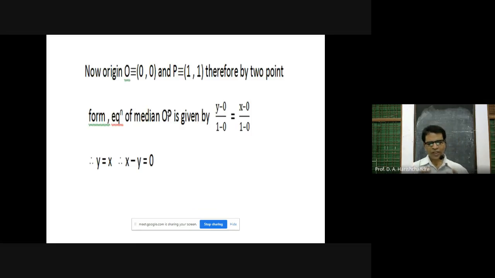So these are some examples on the general second degree equation. Note that you have to work out more and more examples from your textbook, so that you have mastery of it. And if you have any difficulty related to that, you can contact us on our network, so that we can solve your difficulties.